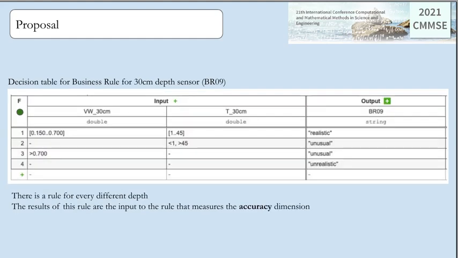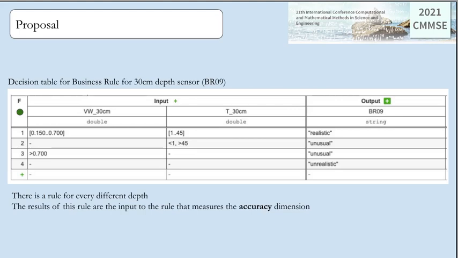In another dimension, we have accuracy. In this case, we are interested in detecting those cases in which the values collected by the sensor are not reliable due to extreme values. BR9 to BR13 rules deal with this case for sensors located at different depths. For instance, the BR9 rule